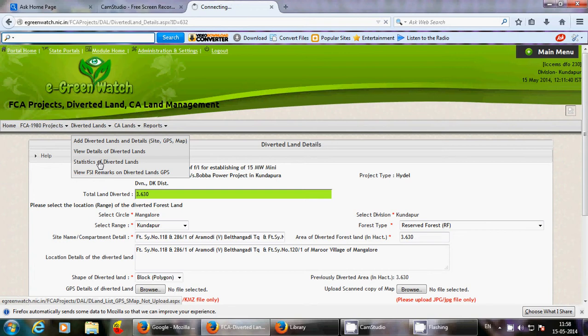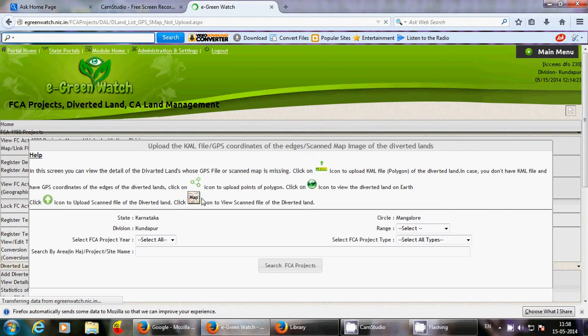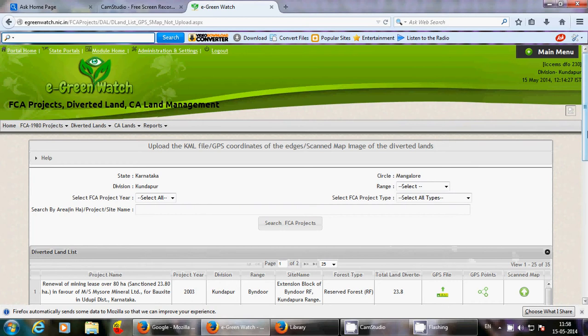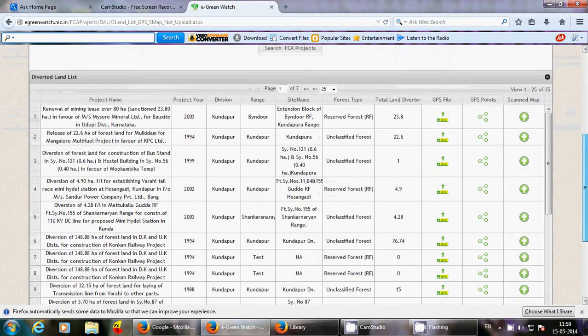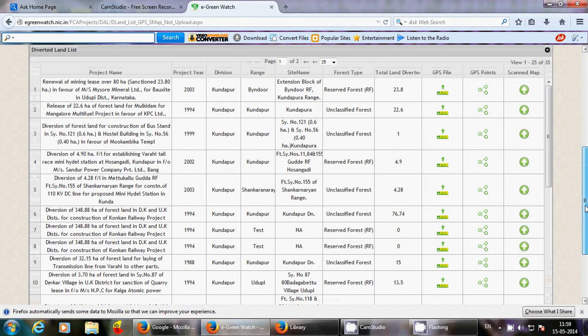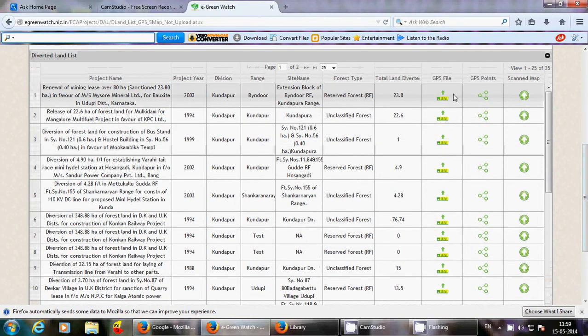Coming to statistics of diverted lands, think that there are many diverted lands entered. We'll go for this Kundapur division. All these Kundapur divisions have these diverted lands, and they have been extracted over here, mapped to Kundapur division. KML files and GPS files have not been uploaded, and the scanned maps have not been uploaded.